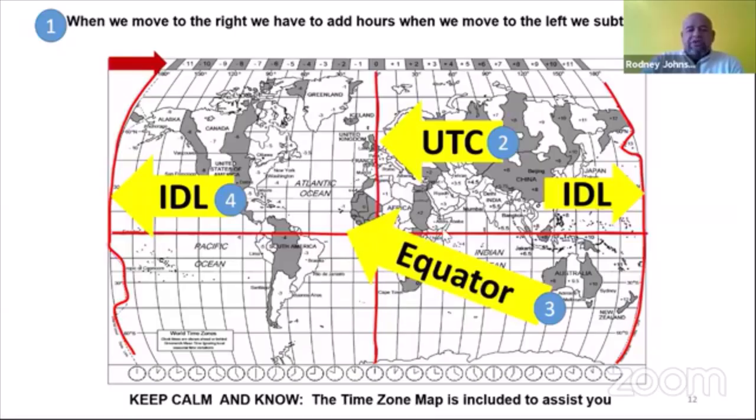The other important thing that you need to know is the equator. The equator creates the two hemispheres, the northern hemisphere and the southern hemisphere. Then another important meridian here is the international dateline. If you look at this map right now, you see two international datelines, right? But in fact, this is the same line.